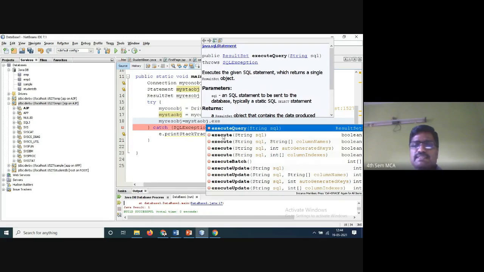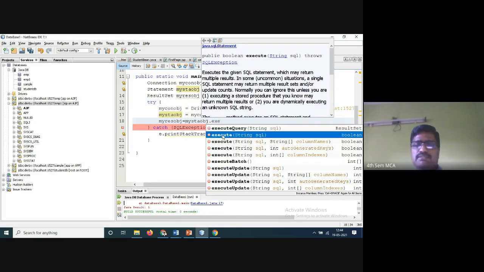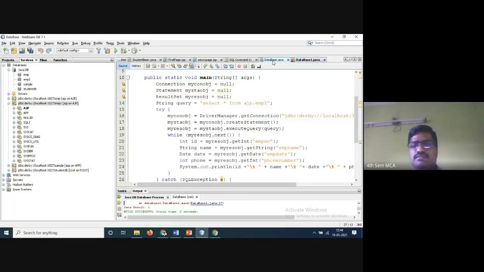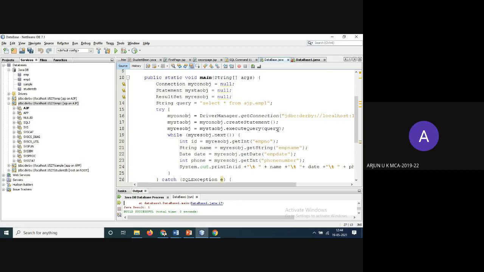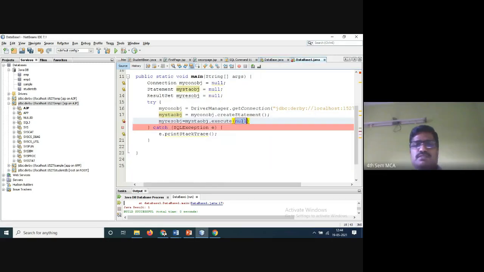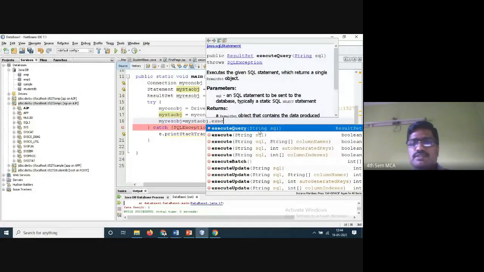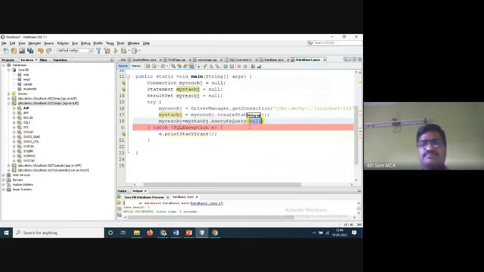You have to take the second one because a query is required. Second one, one second. First one only. Execute query string, first one, sorry.